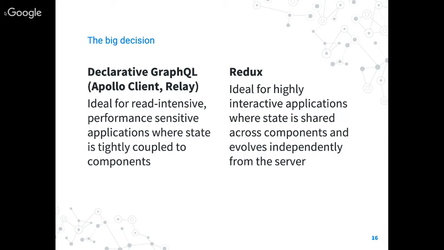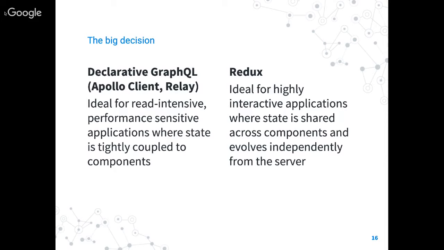It's also really performant, right? Like I said before, the caching system and the way it handles relations really reduces your server load and reduces the amount of data you need to pull. That's why it was initially developed by Facebook, actually, because they wanted to optimize for mobile performance. And it works great as long as your state and your components are tightly coupled.